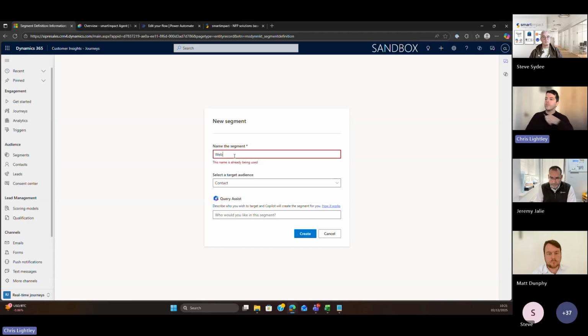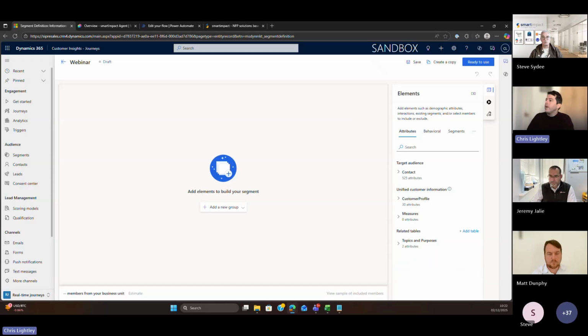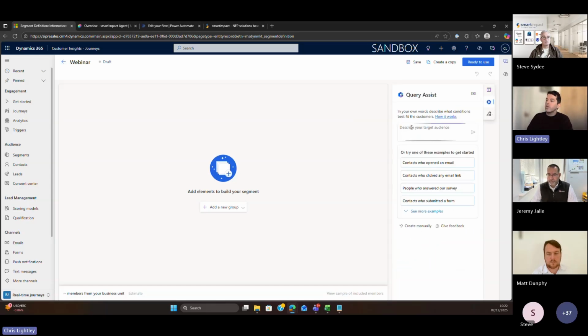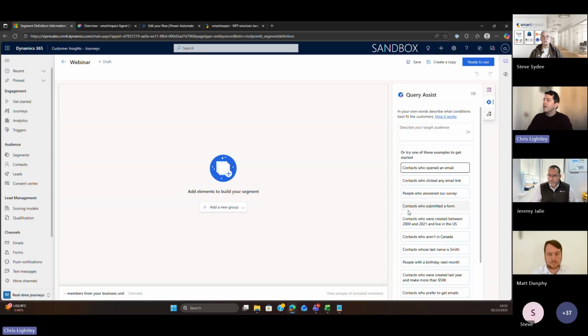Let's just go into this one. And on the right-hand side, we can see this is Query Assist, which is going to give us natural language capabilities. We can see there's a couple of different examples, like contacts who clicked any email link, or contacts who were created between 2 different dates and live in a different area. So it can get quite sophisticated in terms of how you want to build out these